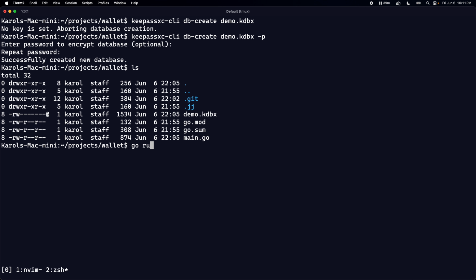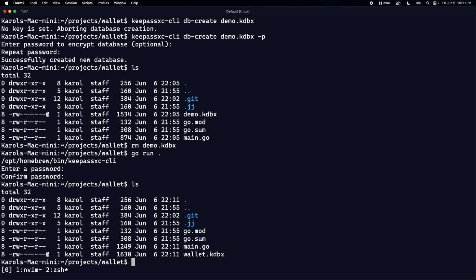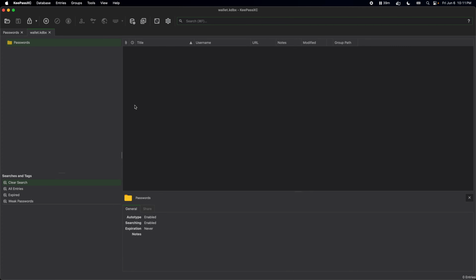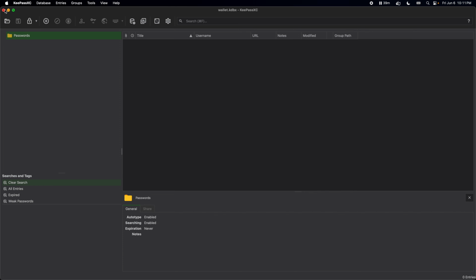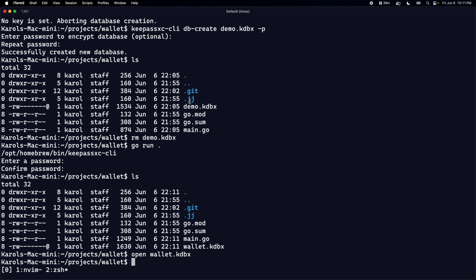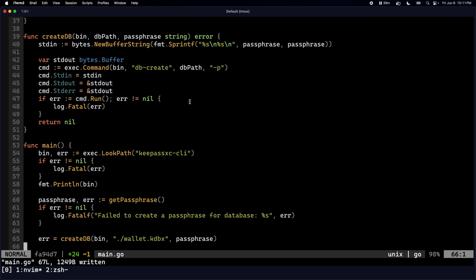Okay, so now I'm going to remove this demo and go run hunter2, and now we have a wallet.kdbx, and we can open it using this keepassxc thing. Okay, so we have an empty database,